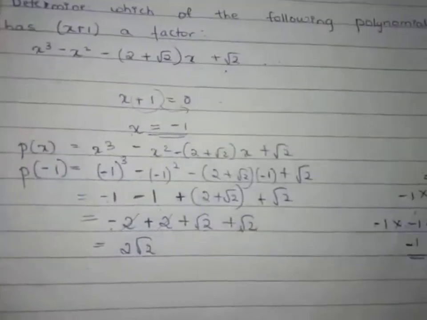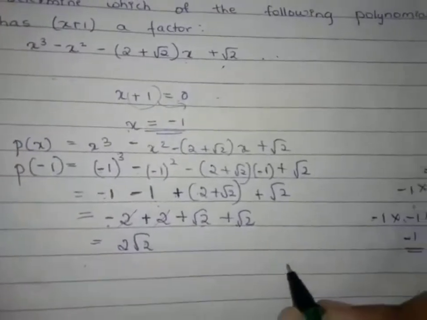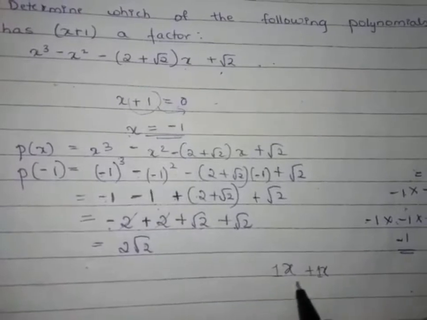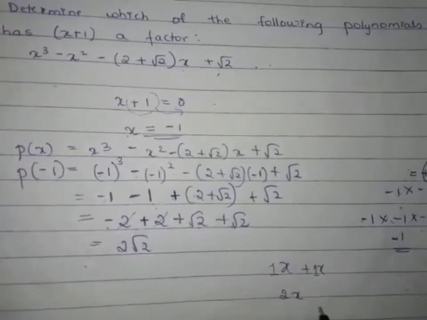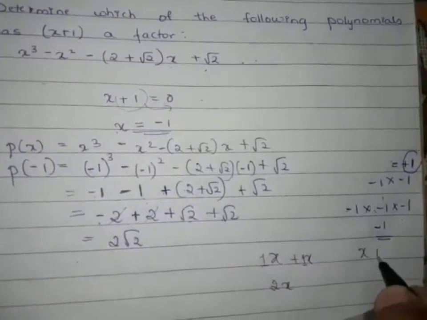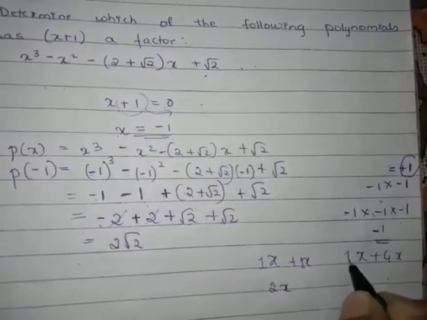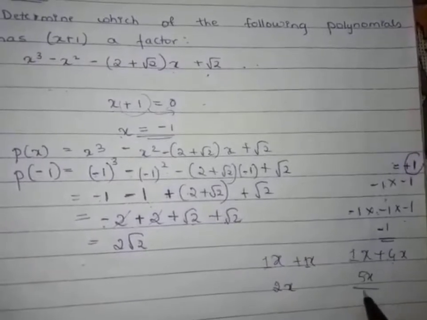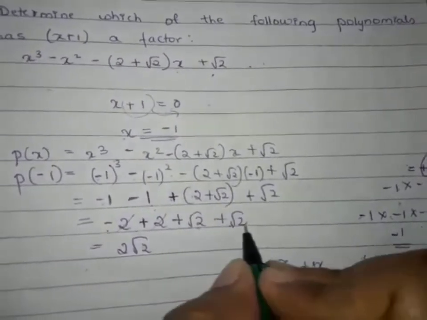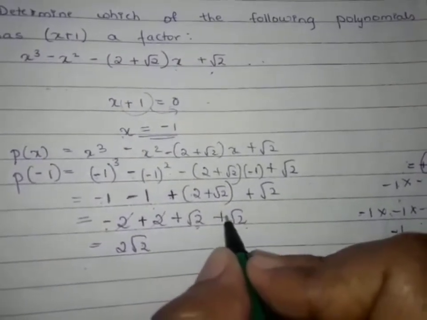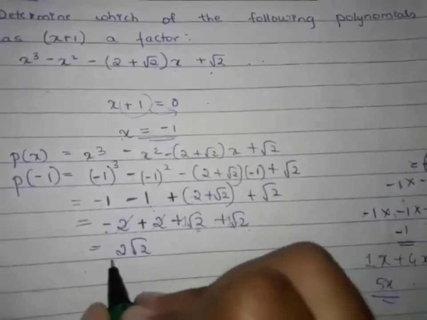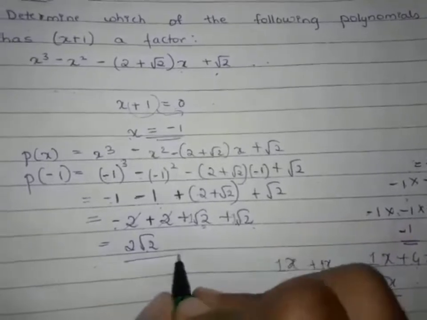So this is similar to adding two variables. If you have x plus x, what do we do? We add the coefficients, correct? We'll add 1 plus 1. So it will be 2x. Similarly, if you have x plus 4x, here it will be considered as 1. 1 plus 4 is 5 into x. Similarly, here as well, these two are considered as variables. You have to add the coefficients. Here the coefficient is considered to be 1. So 1 plus 1 is 2 into root 2. So this is our answer.